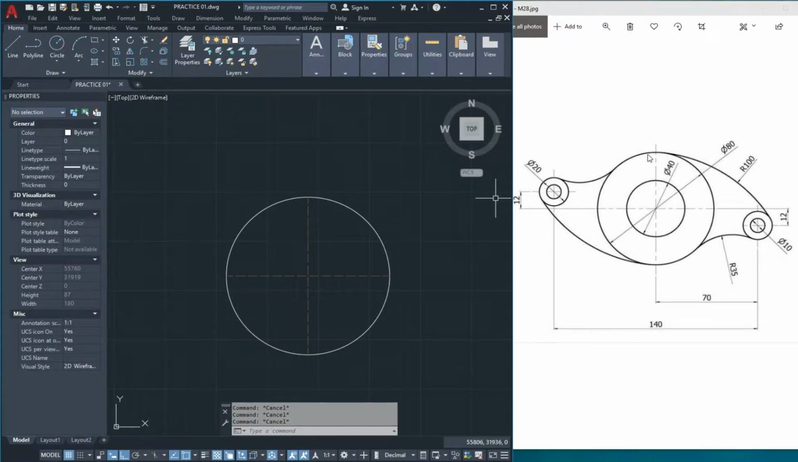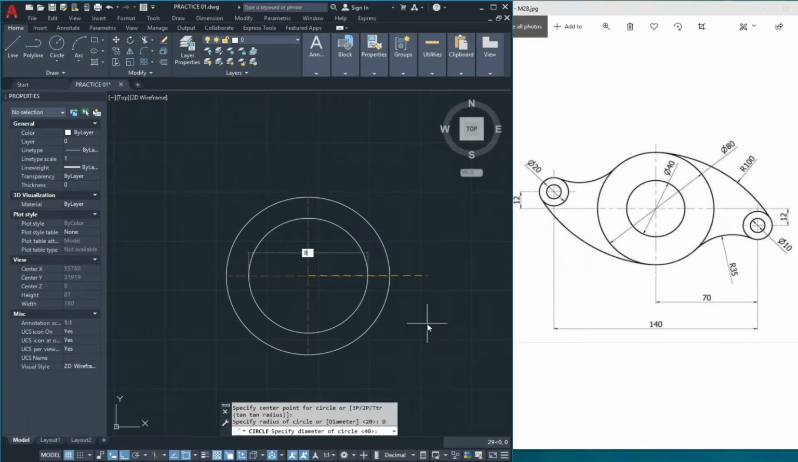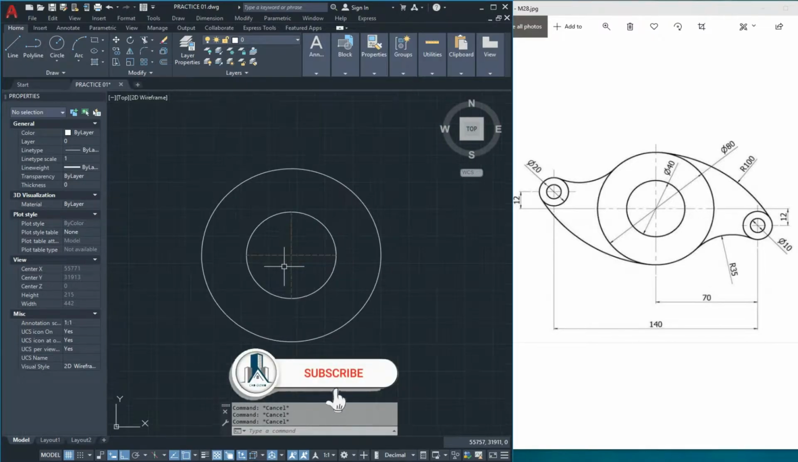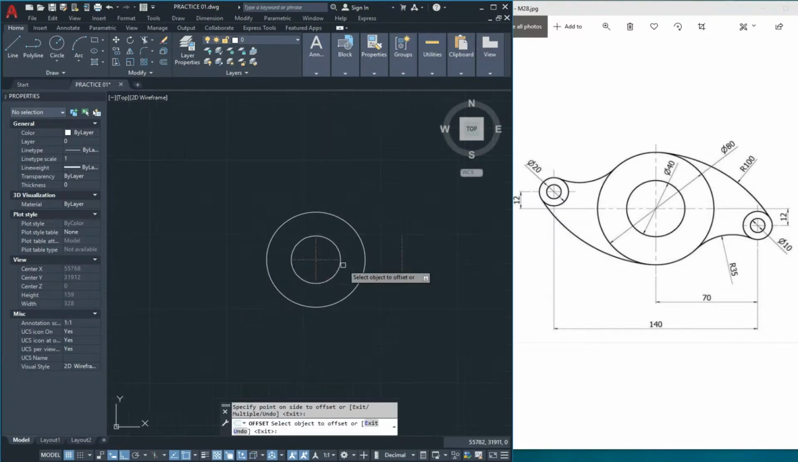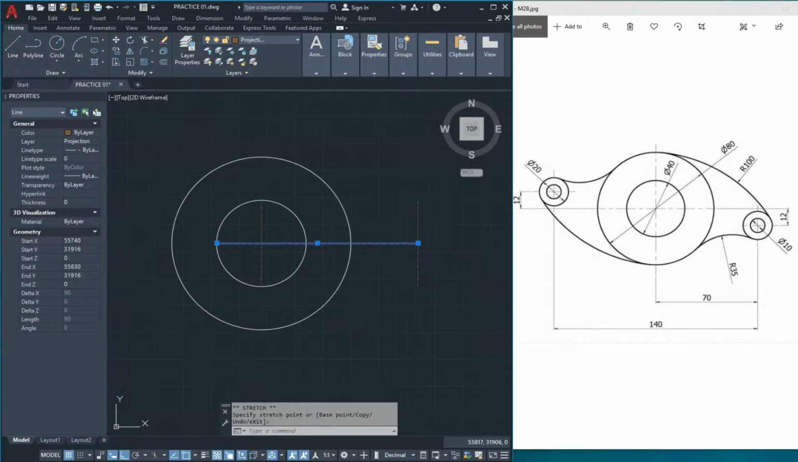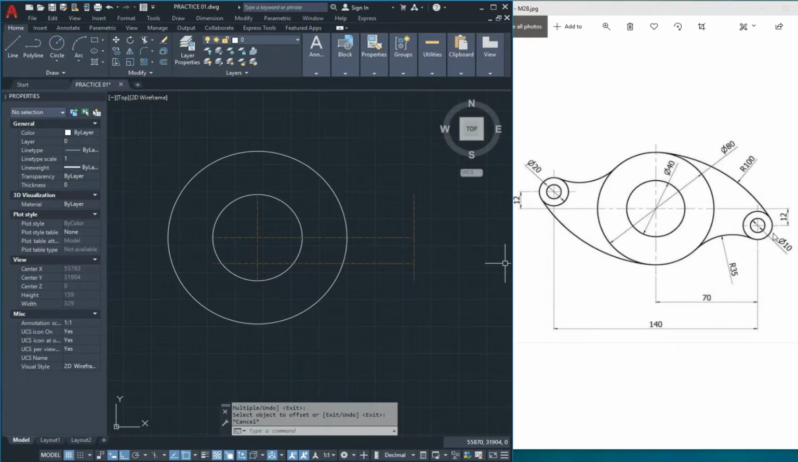Now we draw the outer circle which has a diameter of 80 units. Type C for circle and type D for diameter. Now we give the value 80 units. Now we give the offset of 70 units, like this, and we give the offset 12 units, like this, and we draw this circle with a diameter of 10 units,